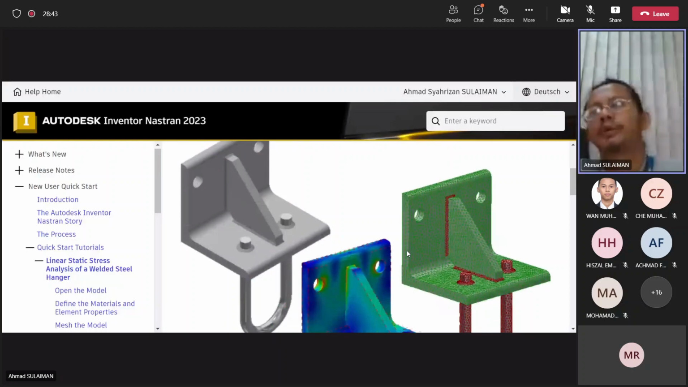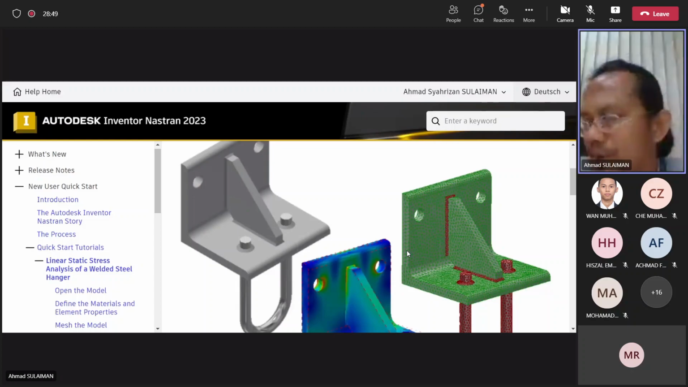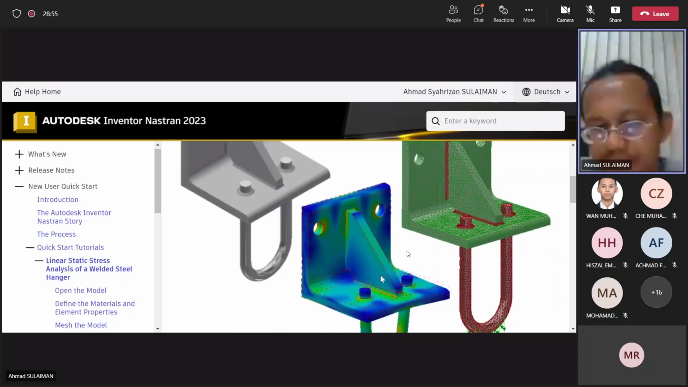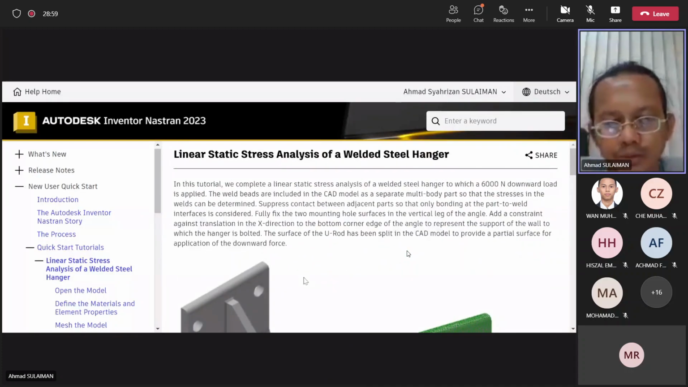So far, we have performed analysis based on a single component. Now it's an assembly. If you can see here, there is a bracket, there is a bolt and nut, and then there is a U-bolt. All right, in this tutorial, we complete a linear static analysis of a welded steel hanger,